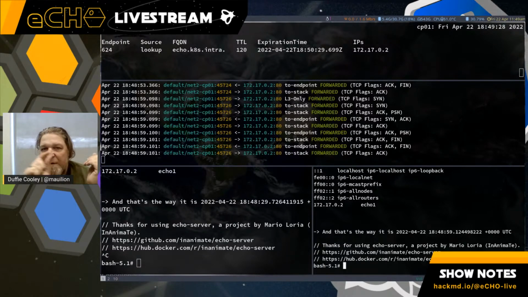So your connection going to that IP address, we are able to reverse look up. That connection is going to 172.17.02. That is mapped to echo.kh.intra. There is a network policy that allows all of the pods in the default namespace right now to make connections to echo.kh.intra. And thus I have to allow this traffic,